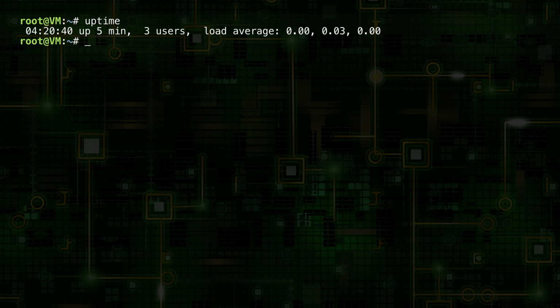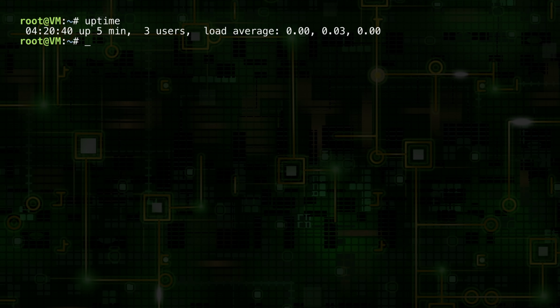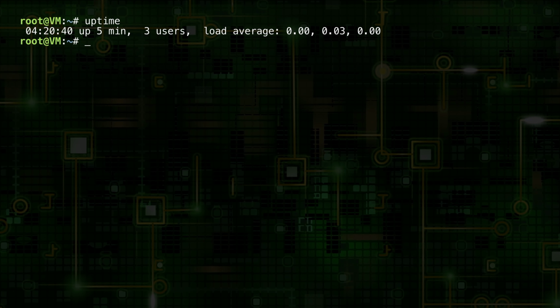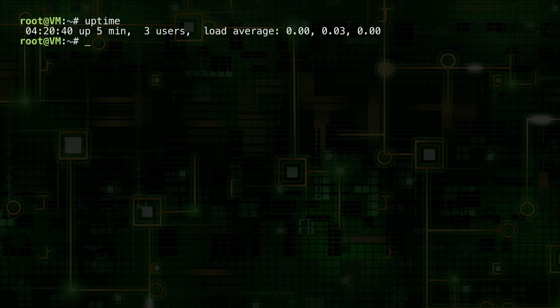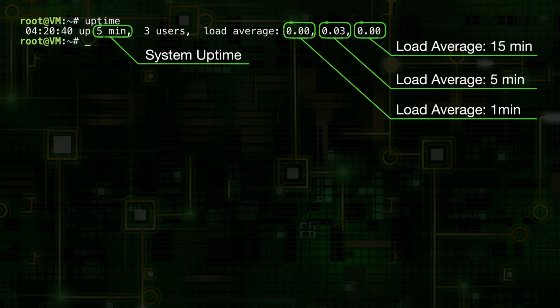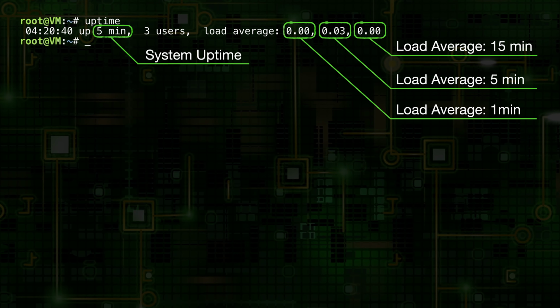Load average shows how many processes are waiting for their running slot. In other words, it shows how many processes are ready to run, but they cannot because the CPU has no time for them just now. It is measured and displayed as an average value for the last 1, 5 and 15 minute intervals.